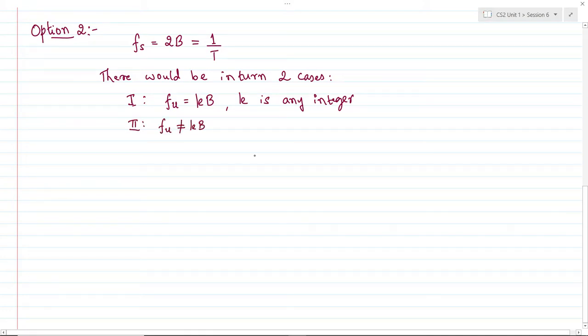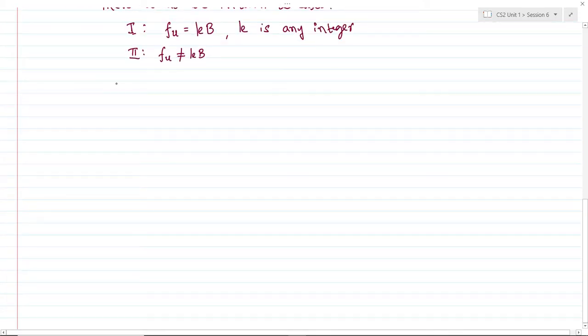Since we have seen that the bandwidth is defined as f_u minus f_l, which is the difference between two frequencies f_u and f_l, substituting f_u as kb, we can immediately see that f_l can be written as (k minus 1) times b. Now that we have expressed f_u and f_l in terms of the integer k and b,